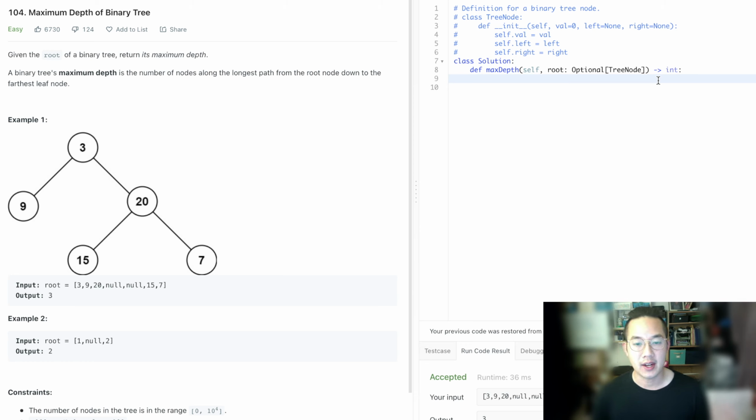So with the recursive depth first search, it is the fastest way to do this. It is very simple. If not root, return 0. We're going to return 0 if there's no root. And then we'll return 1 plus the maximum depth of either the root dot left or the root dot right. And we're going to do this for every item in